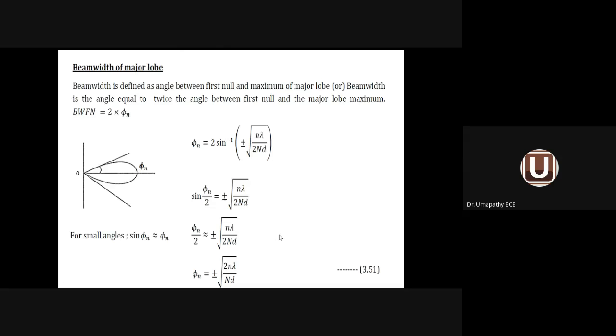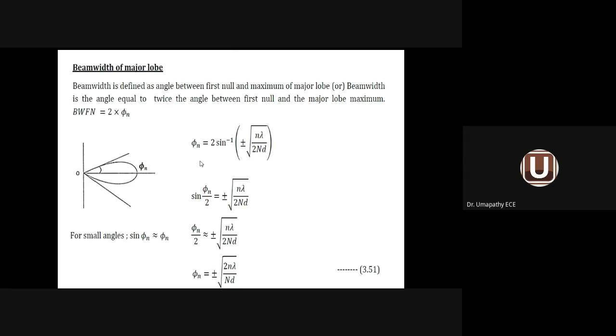Fourth parameter, beam width. We already know that beam width between the first null equal to 2 into phi n, or 2 into 90 minus phi b. So we are taking the phi n. So where is our phi n? Phi n angle is this one. This is the first null point. This one is the second null point. So the angle between them is phi n. This angle is phi n. So 2 into phi n equal to